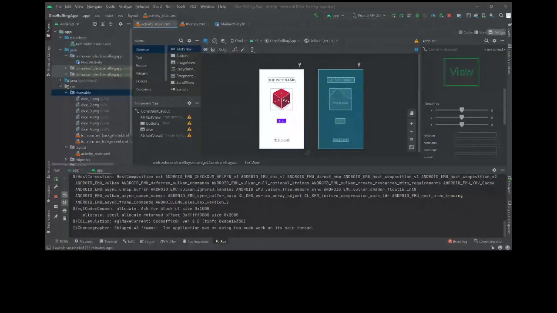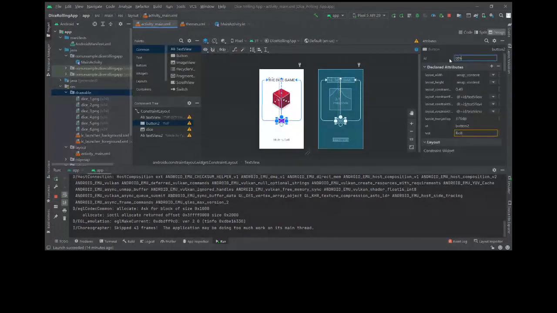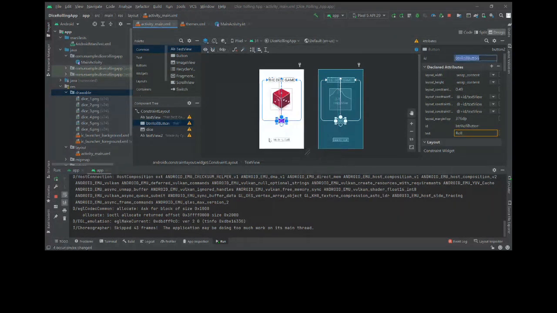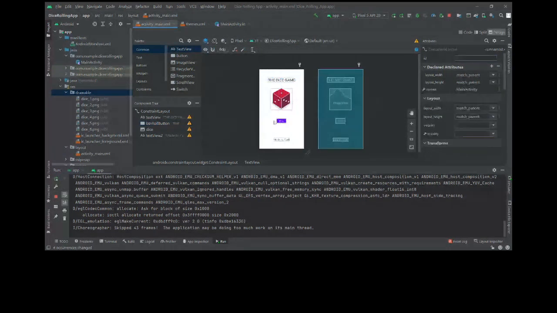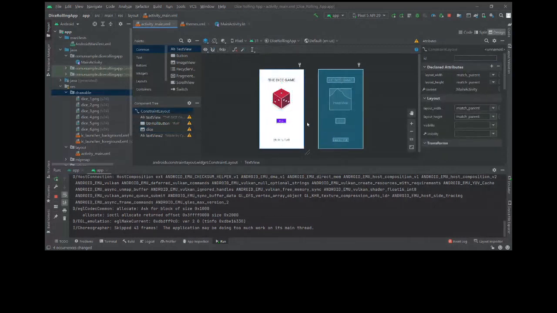Button ID as well? Yeah, button ID. Yes, you can change the button ID also if you want. Let's change the button ID to roll button. It is a good convention to add BTN. Now refactor it. Okay, now the button ID is changed. We should also change the image, but okay, the image is already changed. I don't think anything else needs to be changed.